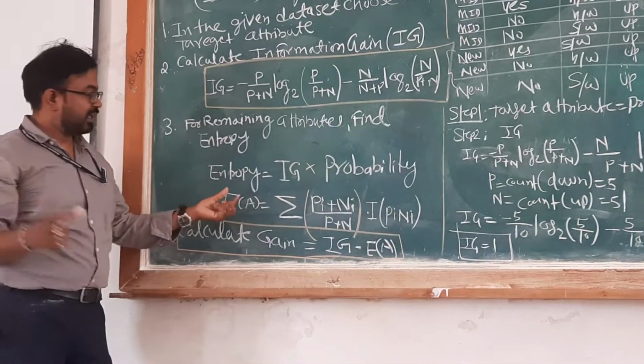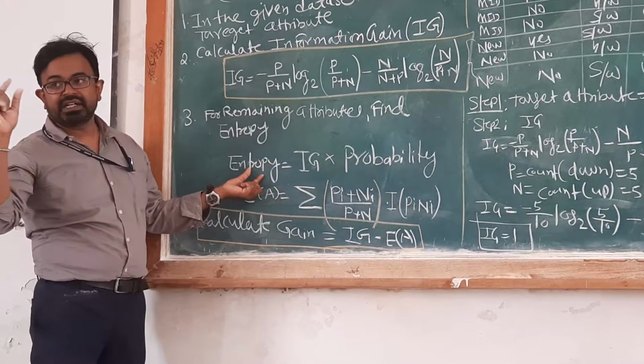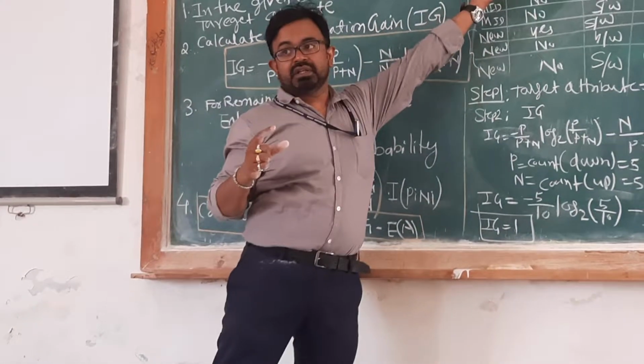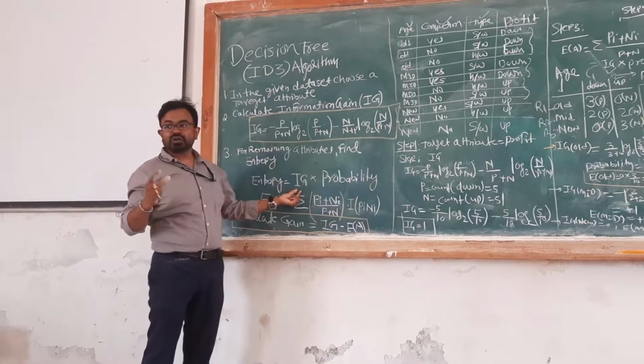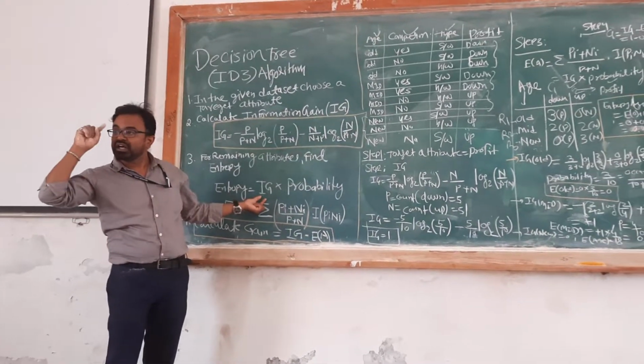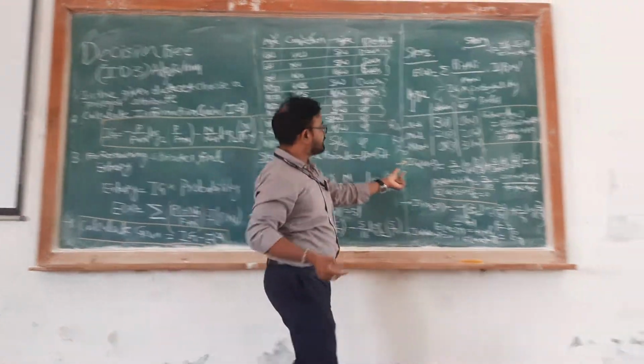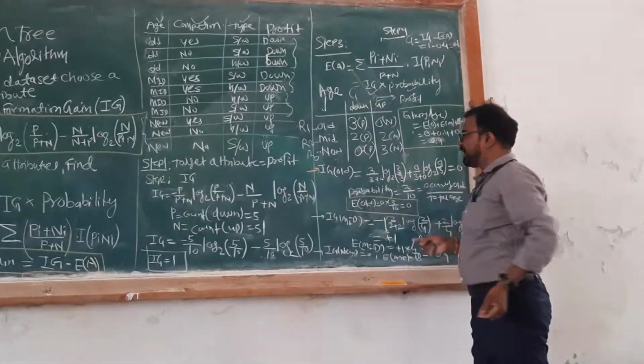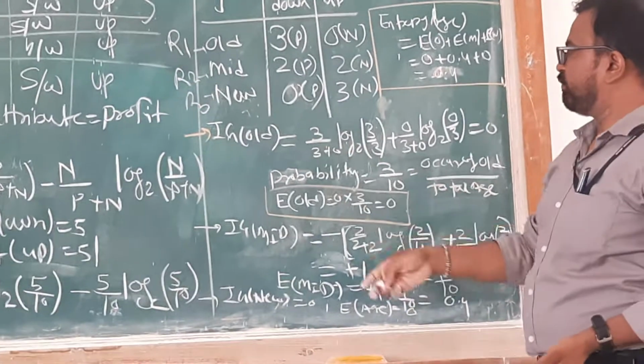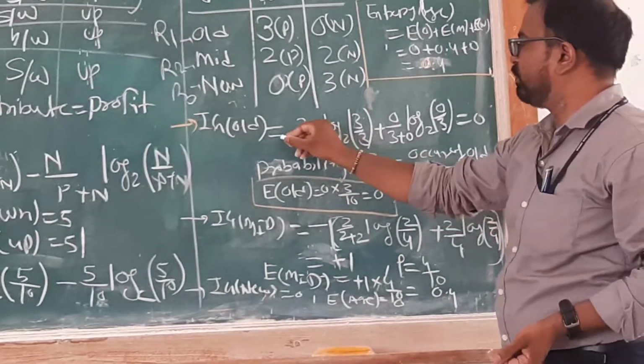It is very simple. So we have to calculate the information gain for the old and then the probability for the old. Here the information gain of the old can be calculated. We know the basic formula. What is the